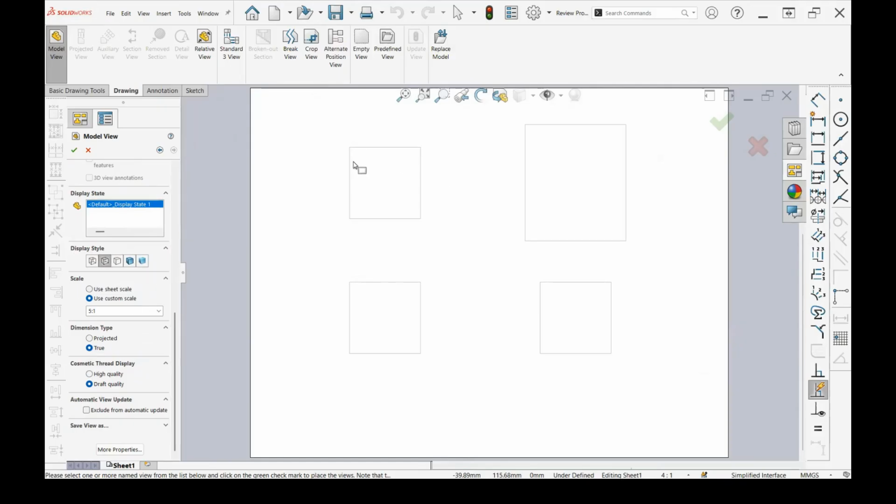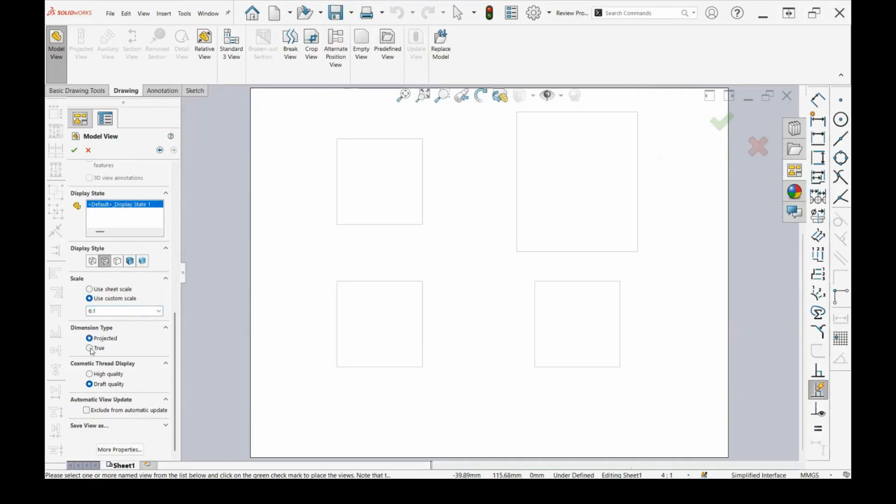And when we're looking at these preview images, if the scale looks like it's a bit too big or too small, we can change the scale here. So if we want to make it slightly different sized, we could do 4:1, or we could do, say, 6:1. Oops. So what you can see is the size is going to be 1 unit in the part is equal to 6 units on the page.